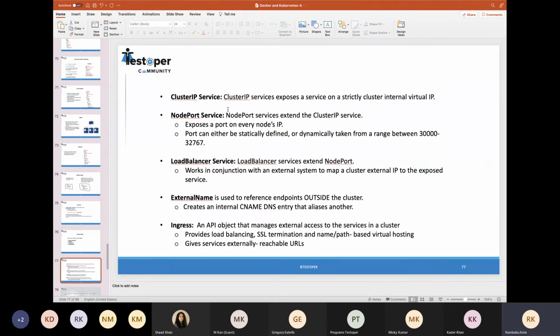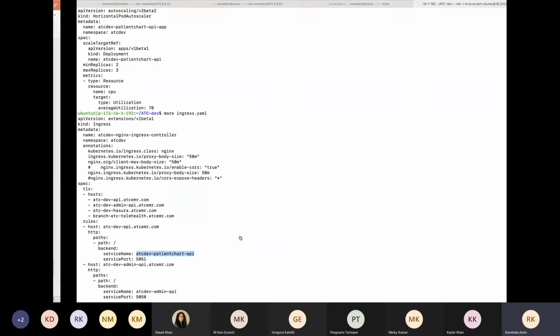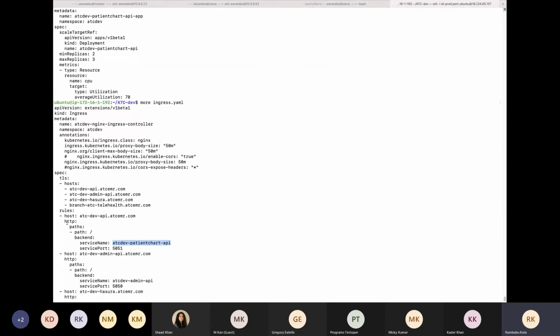Here is a detailed explanation of each: ClusterIP, which just exposes an internal IP, the NodePort service, the LoadBalancer service, and the ExternalName CNAME, which we are doing in the ingress, and path-based routing. Here you can see this is called the routing.